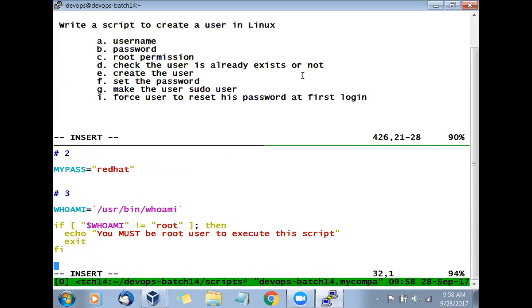So how do you have to read that line? If the current user, that is the whoami user, is not equal to root user, then stop there itself. That is the meaning of that block. Very simple, right? So if the user whoami is not equal to root, stop. So are we clear with that? Any question, any doubt at this moment?